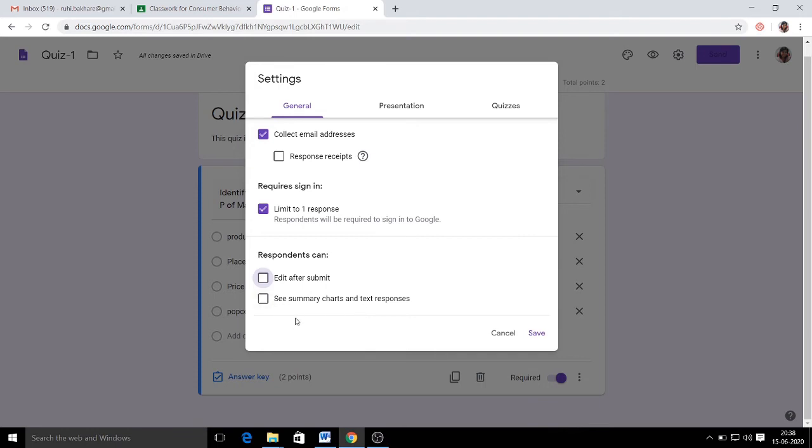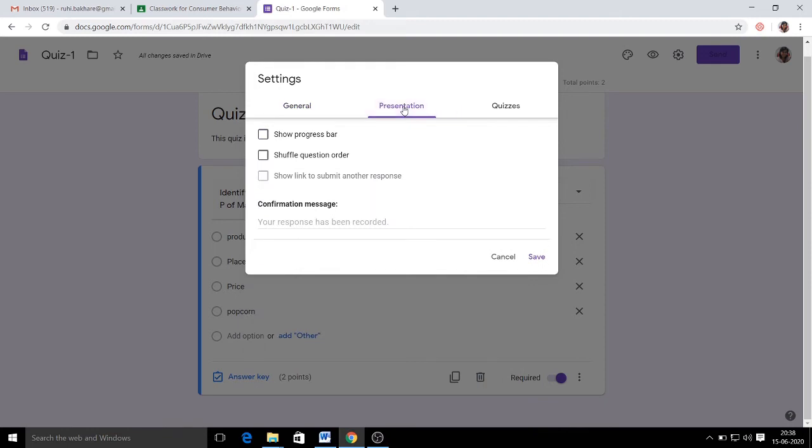If you want to give him the scope or option to see the summary chart and text responses, whatever he has submitted, you can click over here, or else you can skip this part as well. Now, presentation means, again, if you want the questions to be shuffled for the respondents, you can click over here.